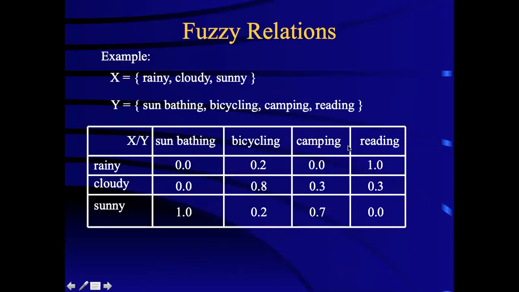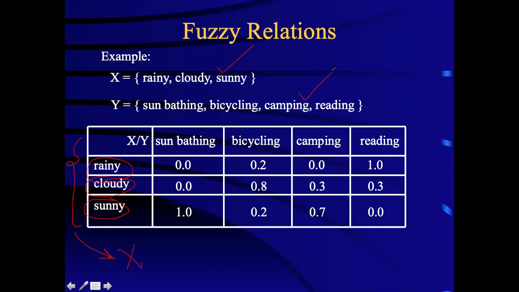Right? Okay, here is an example of a fuzzy relation. So let's say we have weather here. So it could be rainy, it could be cloudy, and it could be sunny. So you have this as one variable. Let's say we can call it variable X, which is representing the type of weather that you have, and then Y is representing the type of activities,